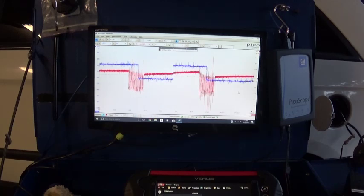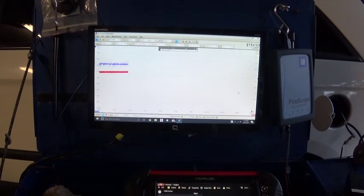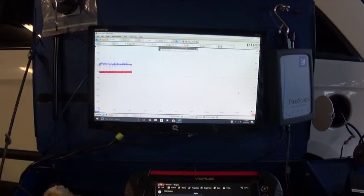So the next one I'm going to do, I'm going to go under the hood and clamp my purge solenoid. I can do that, and we're going to apply the vacuum again to see if my purge solenoid is leaking. So use the flashlight. These are all plastic lines, but I have a little rubber hose here that I can pinch so I can isolate my